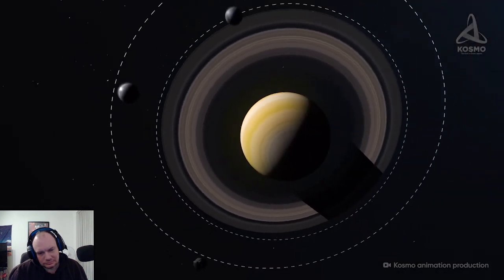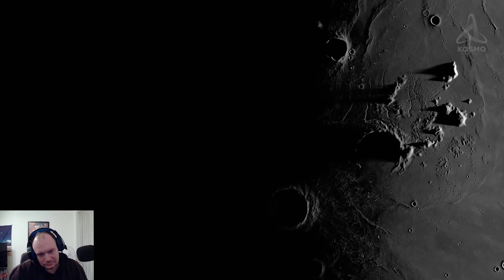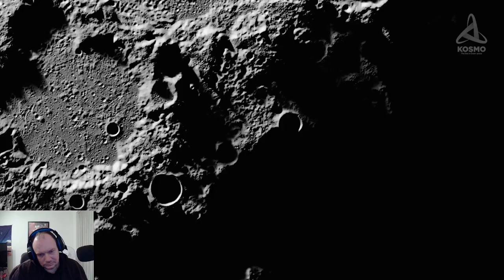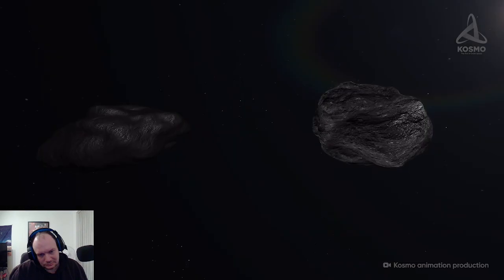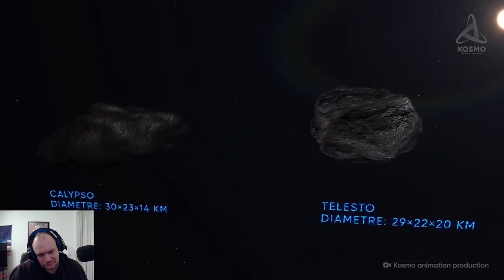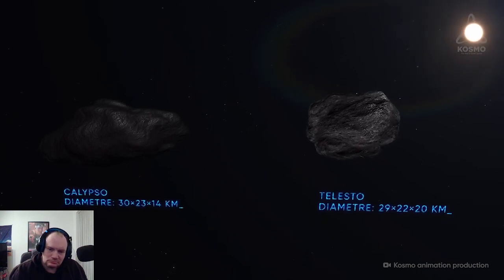They're located at the so-called stable Lagrange points, with Telesto 60 degrees ahead of the main satellite in its movement along the orbit, while Calypso, on the contrary, lags 60 degrees behind. Unlike the massive spherical Tethys, these celestial bodies are not that large and are irregular in shape. They measure roughly 20 to 30 kilometers in diameter, with their overall mass just several trillion tons, which is modest